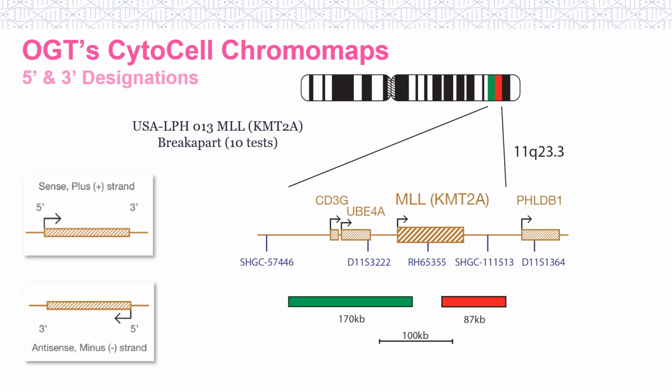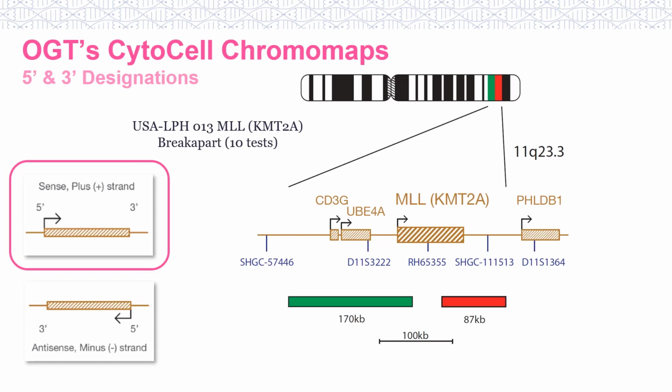In addition to the fluorophore details, the chromomap also includes information on gene orientation to allow the 5' or 3' probe position to be seen in relation to the gene or region of interest. The arrows on the genes indicate the direction of transcription, which always occurs in the 5' to 3' direction. As seen here, those genes with an arrow above, pointing to the right, are located on the DNA plus or